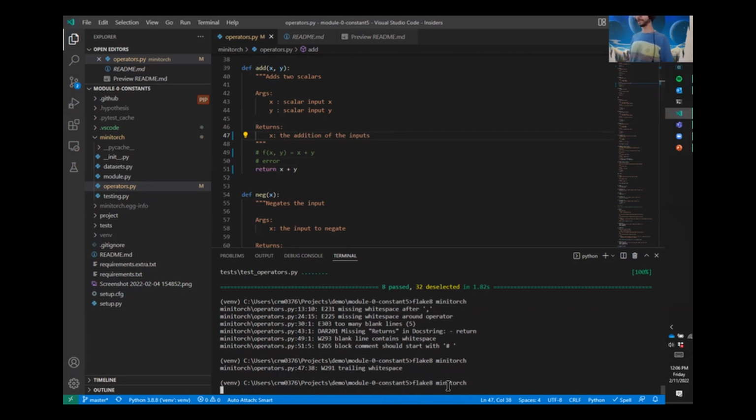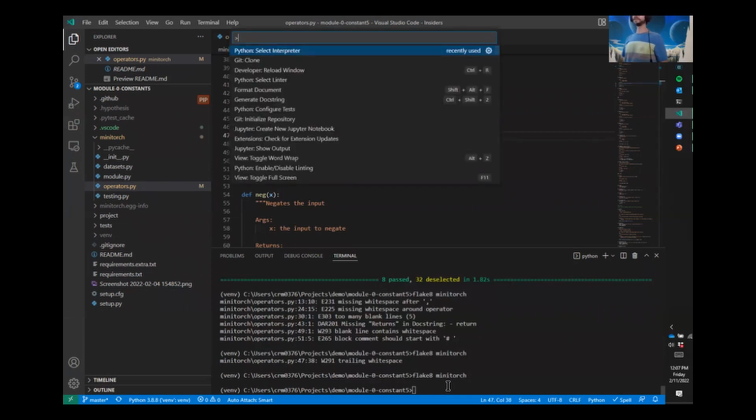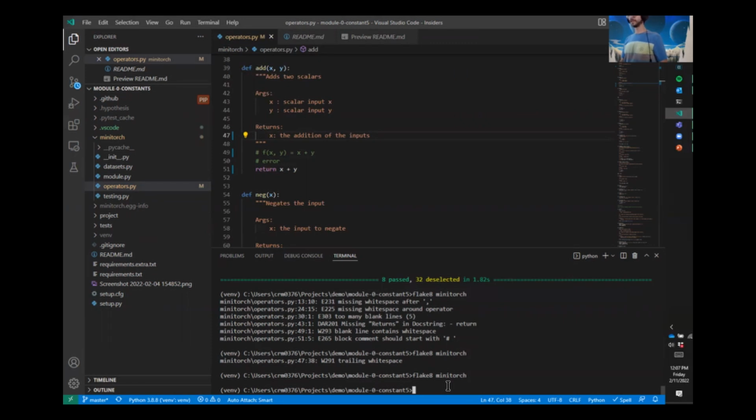It's good practice. Makes your code much more readable for other people, which is always a good thing. So now you can see, at least in the Minitorch folder, I don't have any Flake8 problems. Now you can set up Flake8 as your linter here in VS Code, and it should catch most of those things